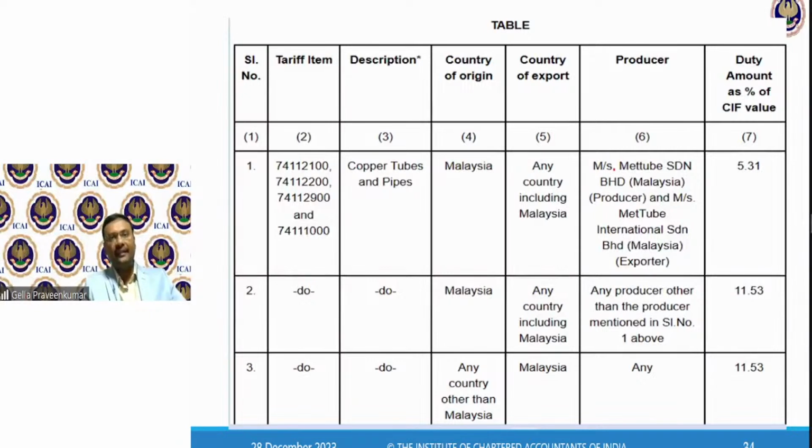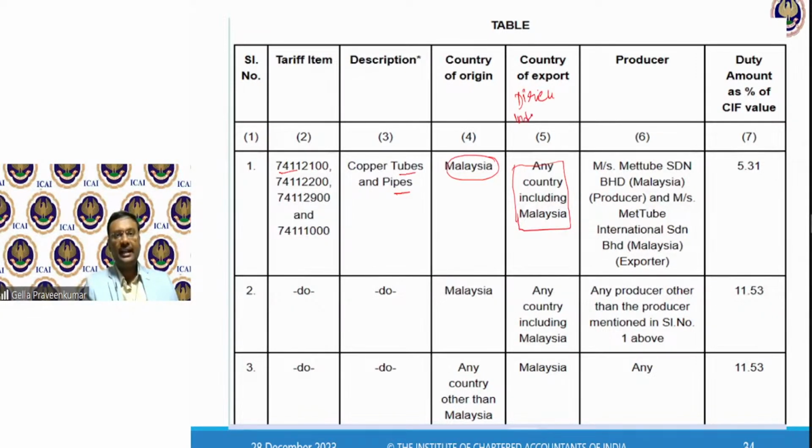This is one slide where there is a tariff item of 7411. This 7411 refers to copper tubes and pipes, and these copper tubes and copper pipes are originating from Malaysia. Country of export: any country including Malaysia.